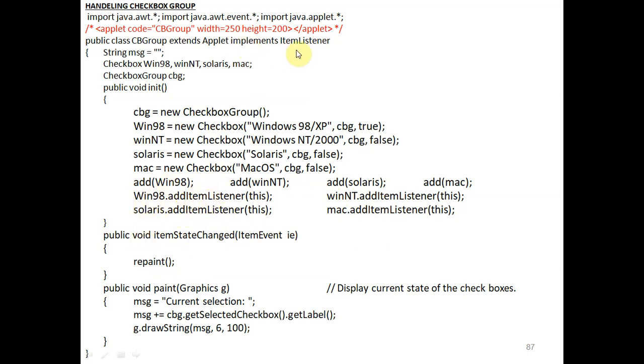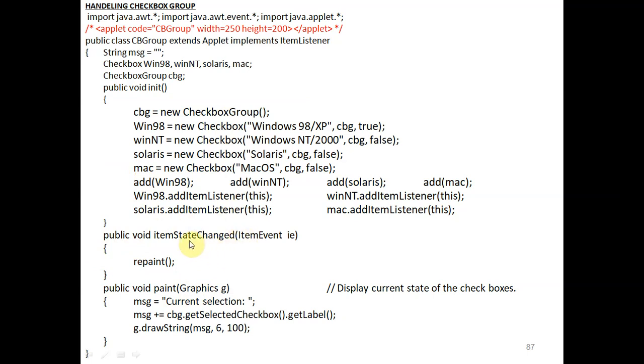So the item event, meaning the checkbox event, will be activated in all four checkboxes, and this is the object of the same class, because the same class implements the item listener. Now we have another function, itemStateChanged. In the case of the action listener, we have public void actionPerformed, and in the case of mouse events we have multiple functions: mouseDragged, mouseMoved, mouseClicked, mouse double clicked.